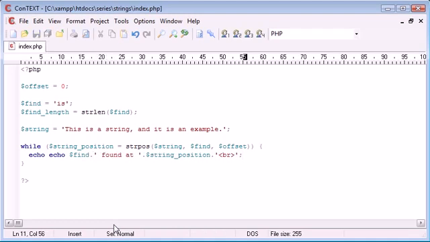found at. Okay, so what this is going to do is for every time it's found, we're going to echo the position and obviously the word. We're going to reiterate, and then we're going to put a line break on the end. But now what we want to do is create a new offset, because at the moment we're going to find the